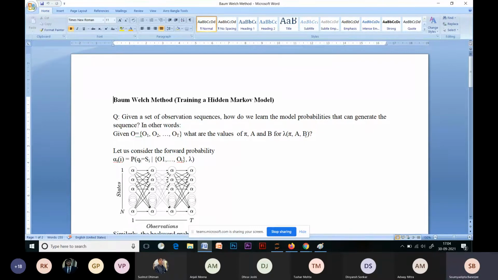And B is the emission probability, meaning given a particular observed state, what is the most likely hidden state that the Markov model is in at that particular instant.